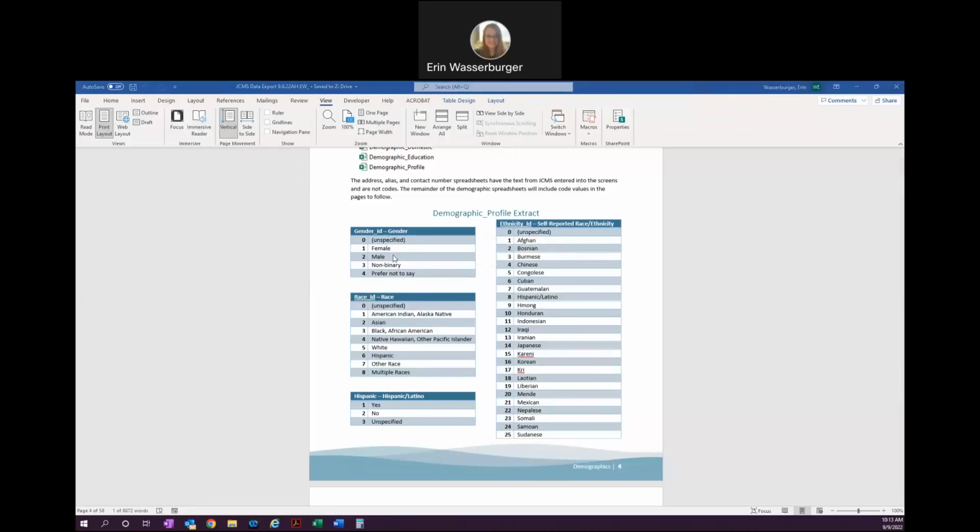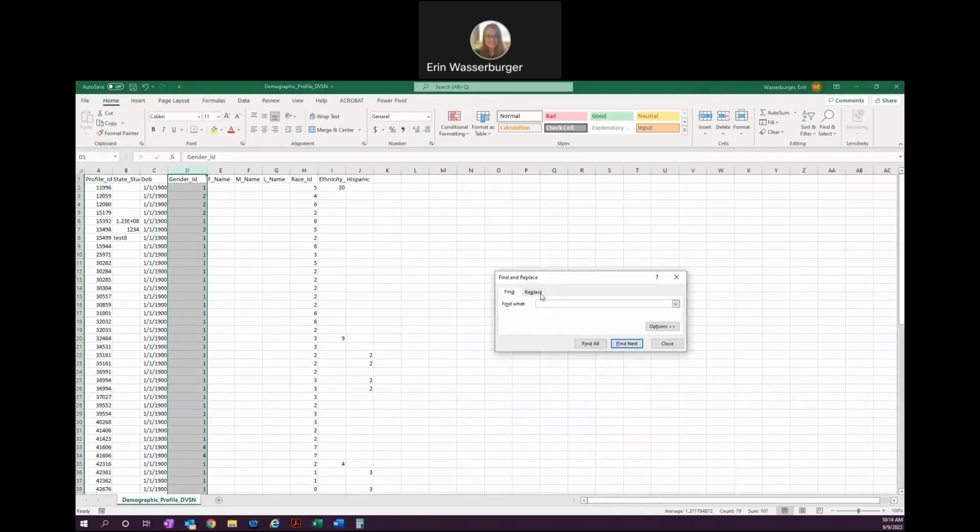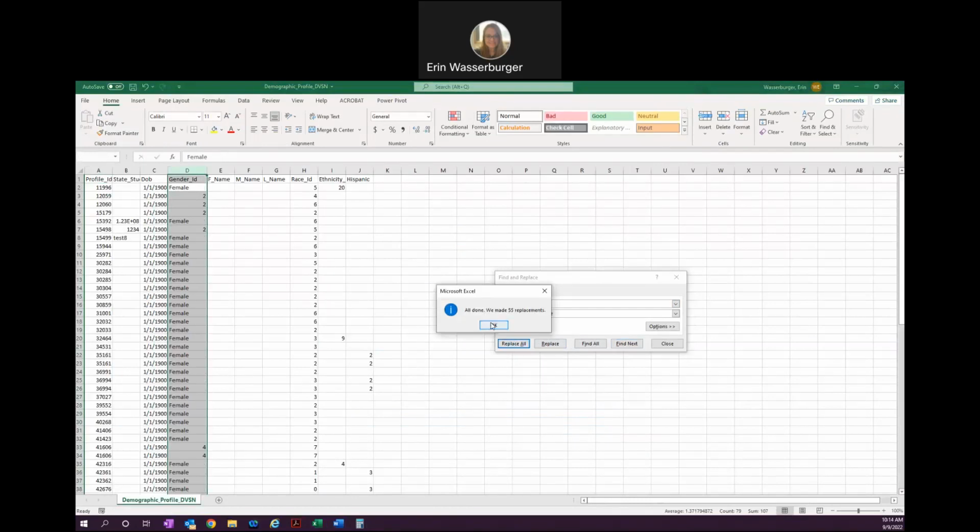If you are wanting to put the text or choice information over the code value, you can do this by selecting the column that you want to update, and then do a find and replace, and put in that number and replace it with the text choice, and then replace it, and it will replace just in that column. And then you just keep going to get all the options in,